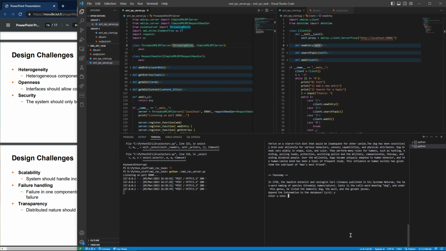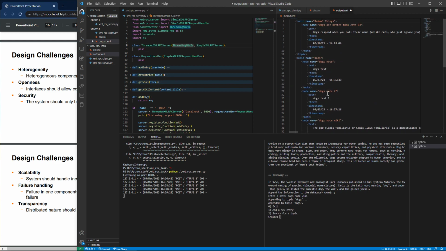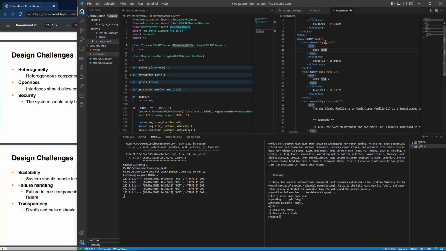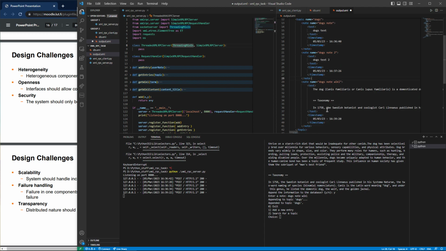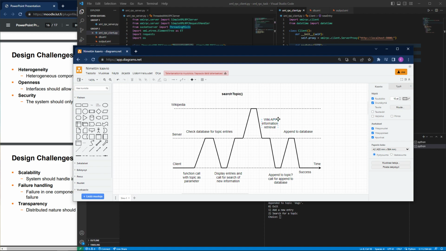So if we type yes or Y and then give it a note, so dogs note wiki, and now dog note 1, 2, and then wiki, and so basically the whole process of the